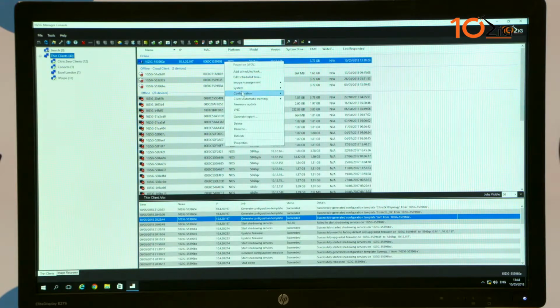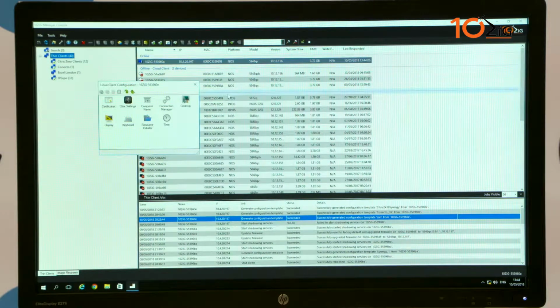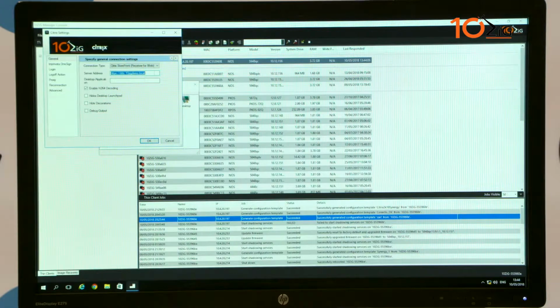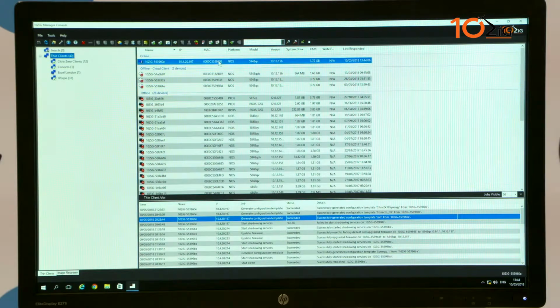To show an example of that, if we look at the configuration of this device that we've connected to, we can see that we have the Citrix settings here. If we go into Citrix settings, we can see the URL that we're using to connect to Citrix Storefront, as well as a number of other HDX related parameters. So we can essentially create a template of that, which is then applied to all of the other units within